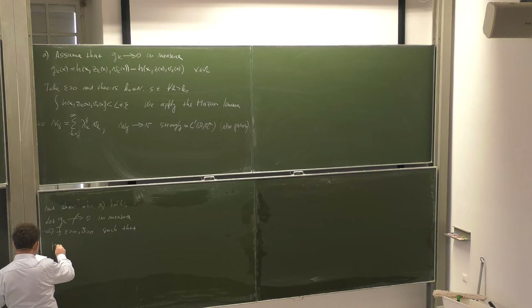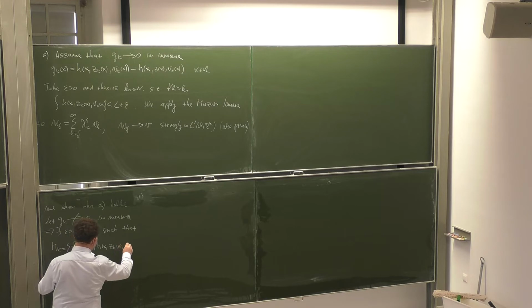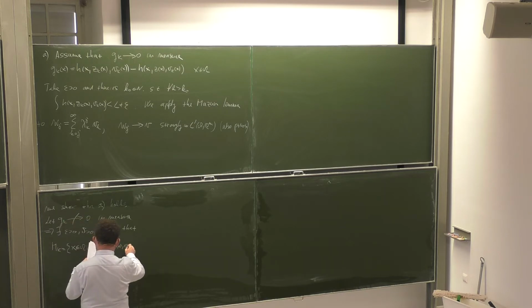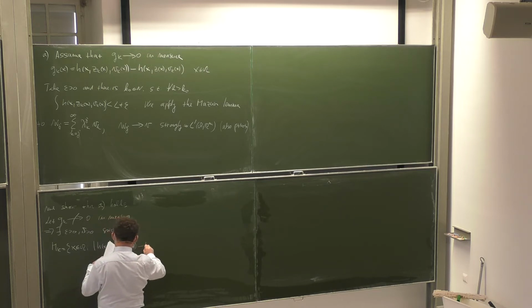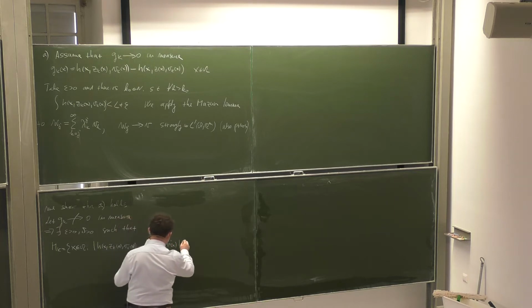the set M_k, which is defined like this, it's x in omega and the integral of h(x, z_k(x)) minus h(x, v_k(x)) dx is bigger or equal than epsilon,